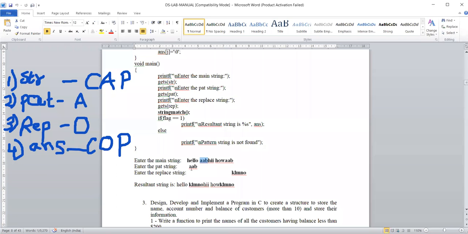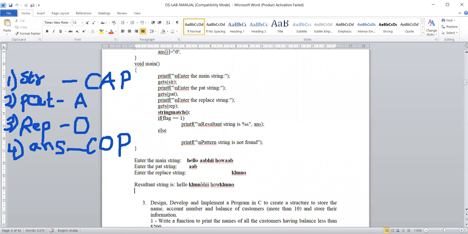Wherever you find AAB in the main string, change that particular 3-letter pattern to the 5-letter replace string. You can observe the resultant string: HELLO is copied as it is. Then, as you have the pattern AAB, that is replaced in your answer as KLMNO. These 3 letters are replaced by 5 letters here.